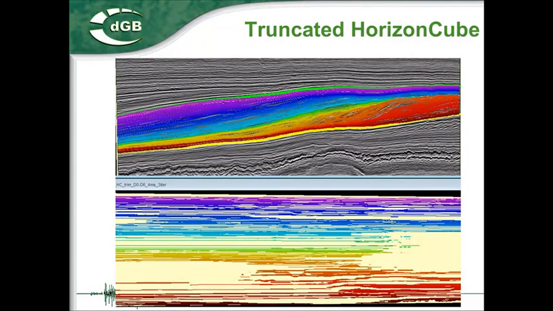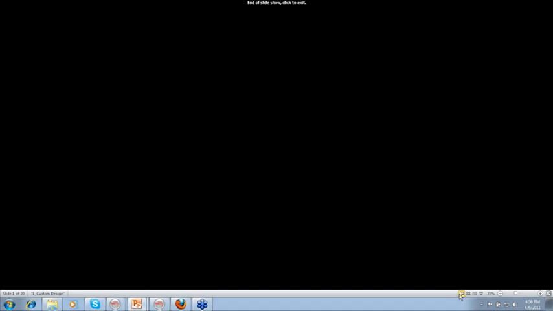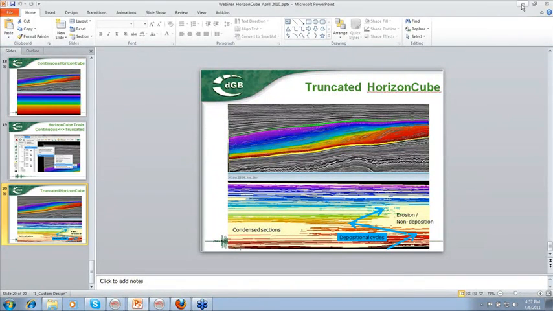domain that we can use for interpretation, because I see my depositional trends coming back. I can use that for the interpretation of my system tracts, and I can also see where they have gaps, erosions, non-deposition, condensed sections, and so on. So let me now actually go and show some of the actual interpretation